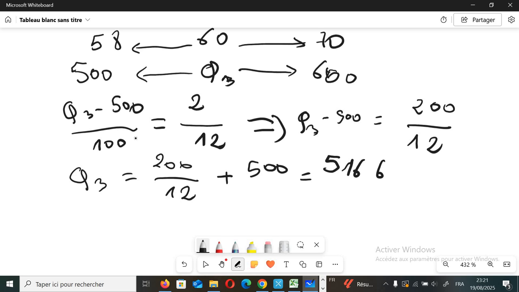equals 516.666k, or dollars. That means 516,000 and 666 dollars. That means the interpretation of it,